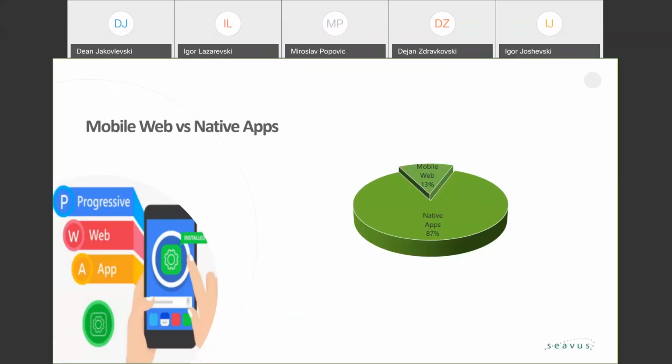So now let's see one comparison between mobile web usage and native applications. If we take a look at the numbers, we can see that 13% of people use mobile web, and 87% of people use native applications. These numbers should not discourage us, because usually people who use native applications spend time on a